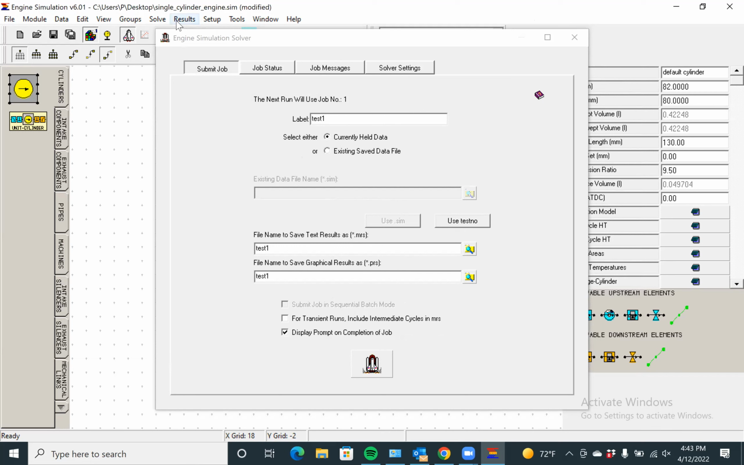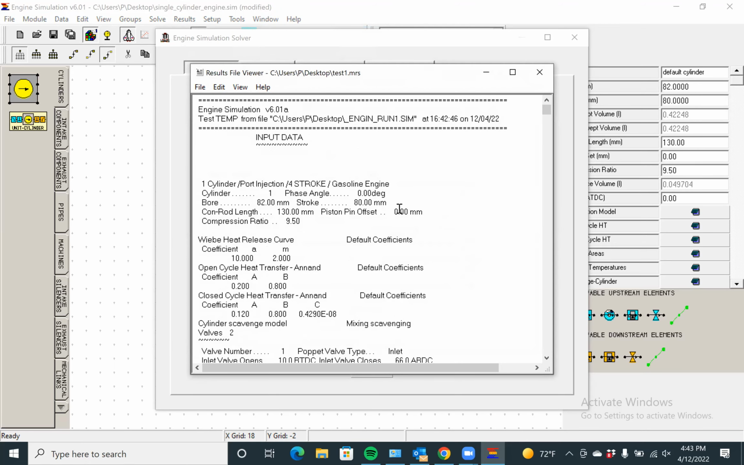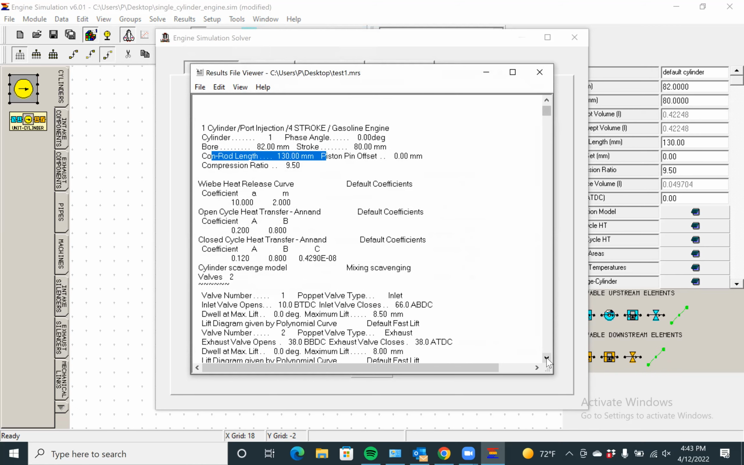And once this is done, you can go to result. And in the result, you can see result viewer. This result will tell you all simulation information, like what were the coefficients, what were the valves. Something that I want you to understand, which I would discuss in detail as we go through the theory, is this gives you the cylinder, bore, connecting rod length, then it will give you the valve closing and opening